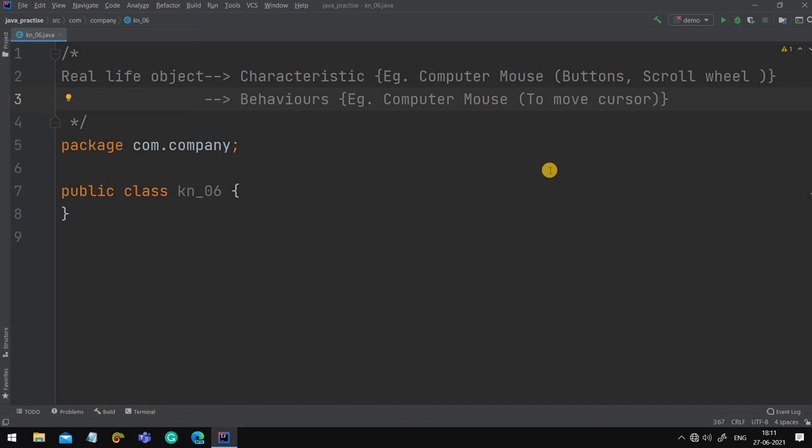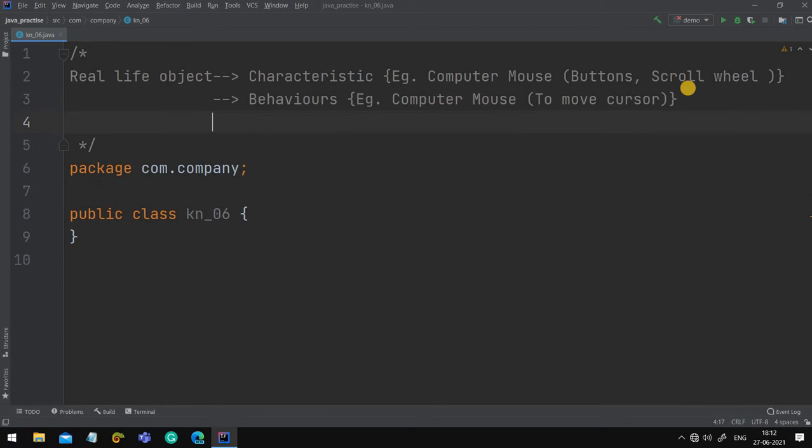So these two things are considered in a real life object. Anything you can take. For example, you can take your laptop. What is the characteristic of your laptop? It has some keys, some display, a power button, a battery. What is the behavior? Helps to play games, watch movies, write some code, and many more. So you can take any object and every object has these two things for sure.